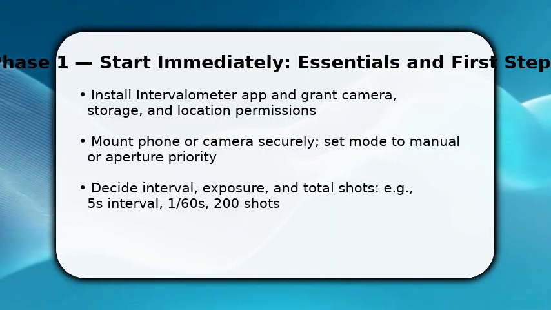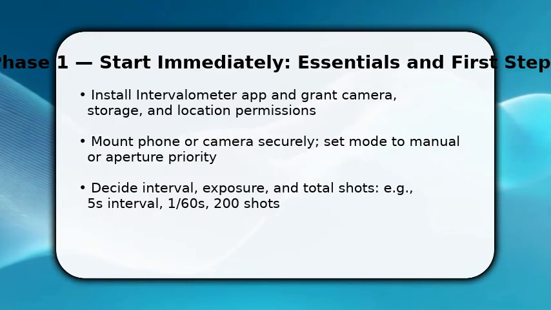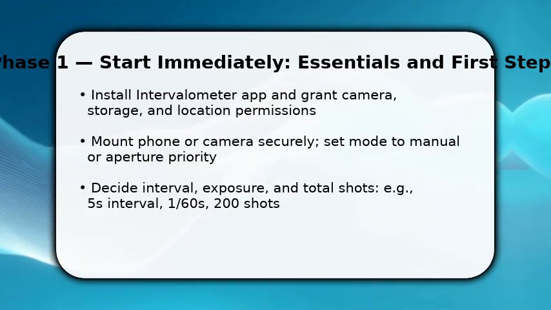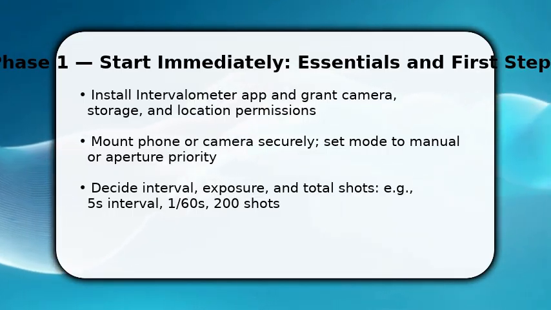You start by confirming prerequisites. App installed, permissions granted, and your device mounted solidly. This prevents drift. Next, set camera to manual or aperture priority so exposure stays consistent, otherwise brightness will jump between